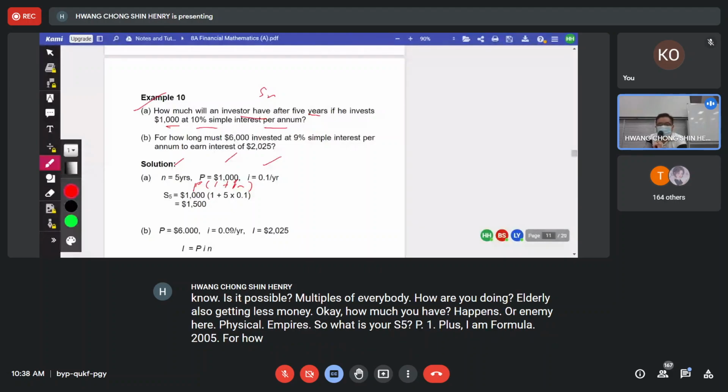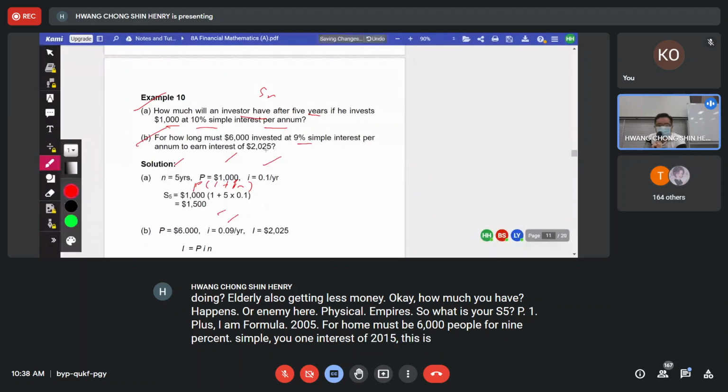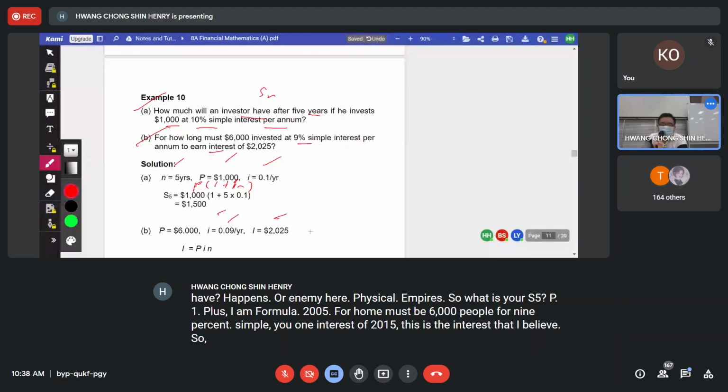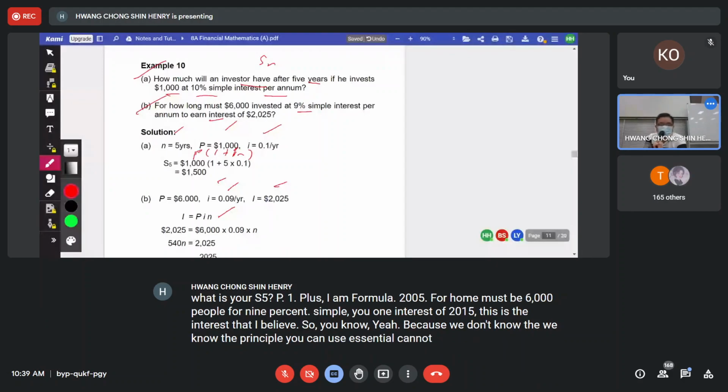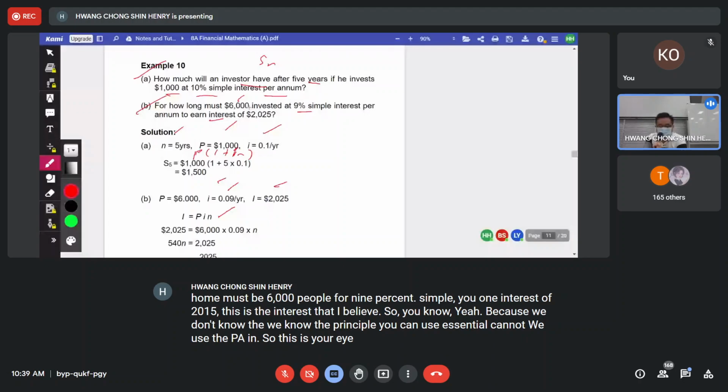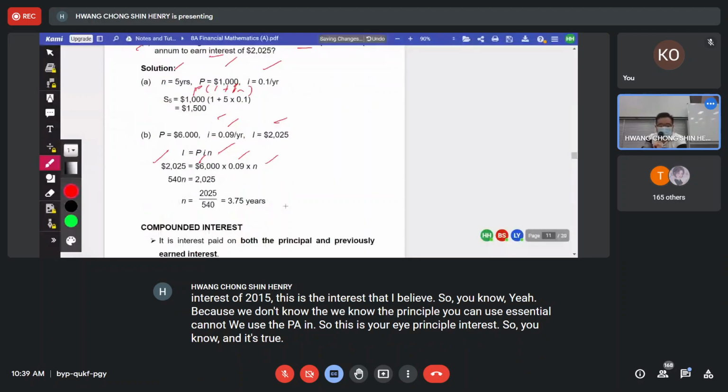For how long must 6,000 be saved at 9%, 0.09 per year, to earn interest of 2025? This is the interest, the I, the big I. So we use which formula? Because we know the principal, you can use the SN also, but we use the PIN, which is better. So this is your I, principal, interest, so you can find the N. Now N is 2025 divided by 540, 3.75 years, which means